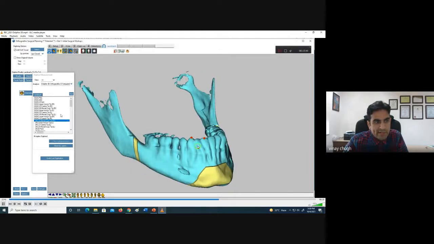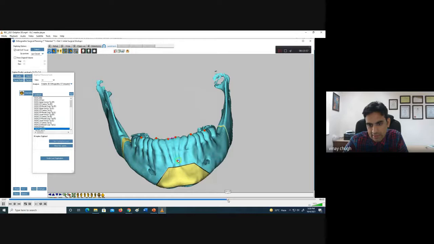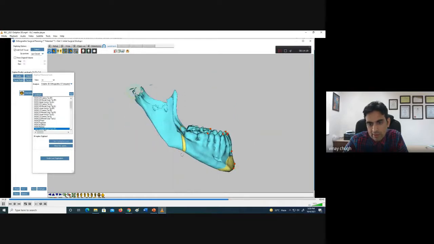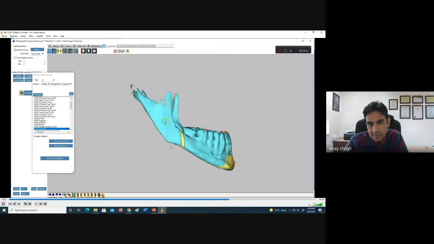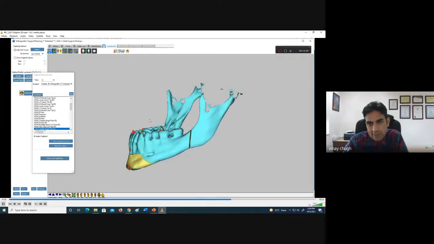This is continuous. First are the maxillary landmarks, and then the mandibular landmarks, the tip of this, and then there are landmarks on the superior portion of the mandible and condyle. Here you see the gonial angle, then near the cut, then the chin side cut point, and then the condylar hinge point on the right side, and then onto the left side. Then again you mark on the left side. So this is a one-time step.